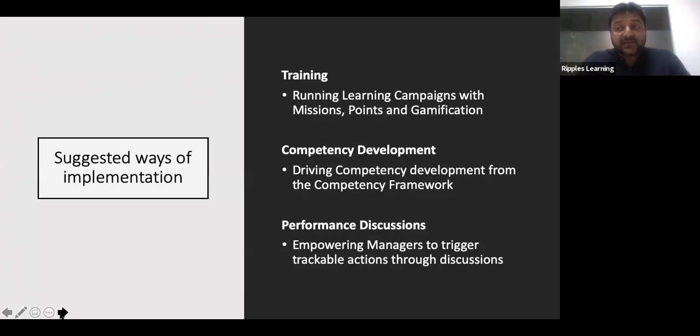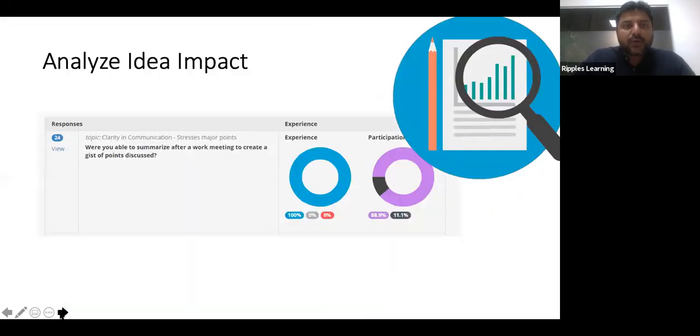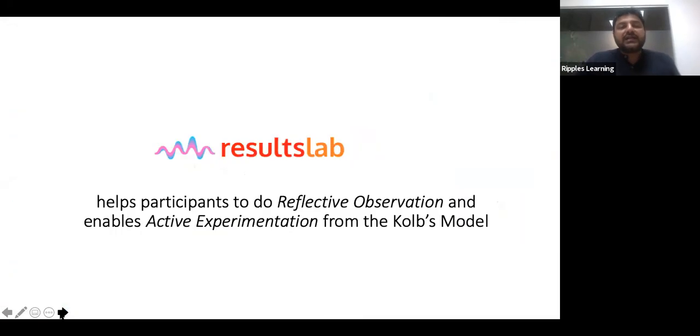So I, as a manager, if I have nominated 4 people to attend the workshop, I have no clue what these guys are doing after the workshop, but now I can see that these guys have applied so many ideas and this guy has not applied. So probably in my performance meeting or performance discussion, I can raise this up and have a fruitful discussion or discuss a way forward. So basically, when we talk about Kirkpatrick, and I will show you the report of how it looks, but more importantly, when we talk about